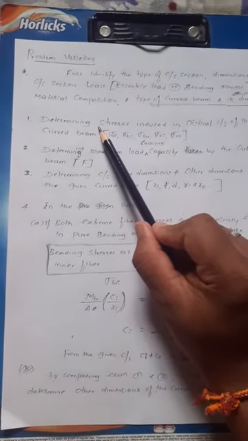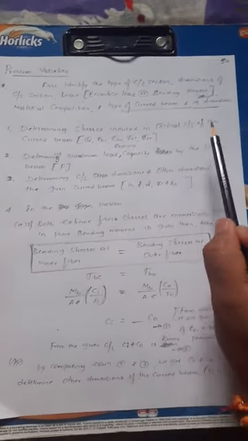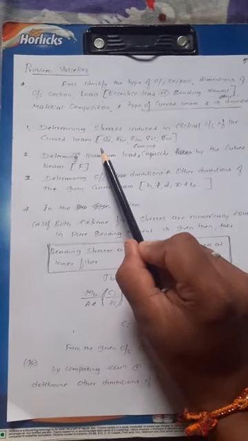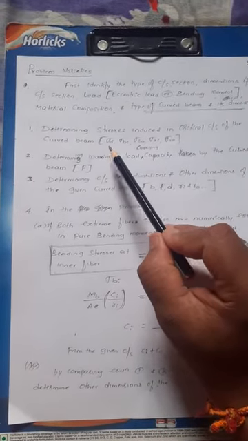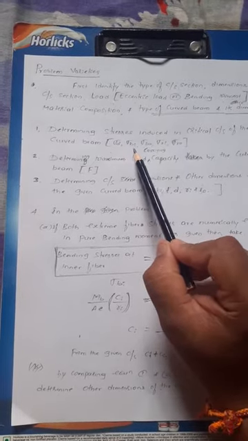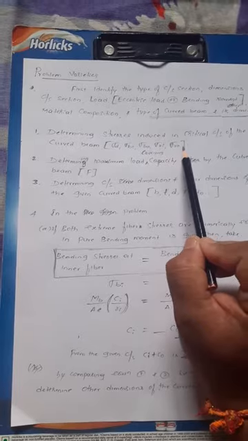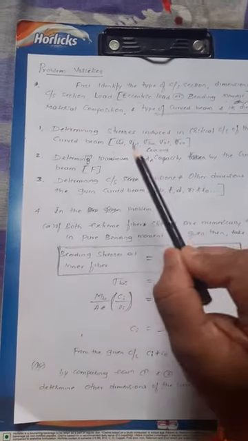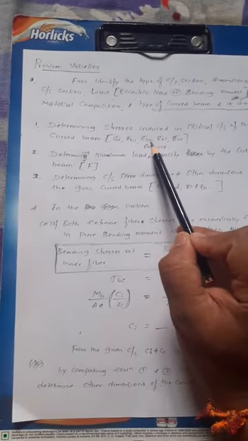First, our aim is to determine the stresses induced in the critical cross section of the curved beam. Now all these data are given. Determine only the stresses induced in the critical cross section. What are the stresses induced? One is direct stress, bending stress at the inner fiber and outer fiber, combined stress at the inner and outer fiber, and stress distribution. Already we solved this type of problem in the previous two problems, right?